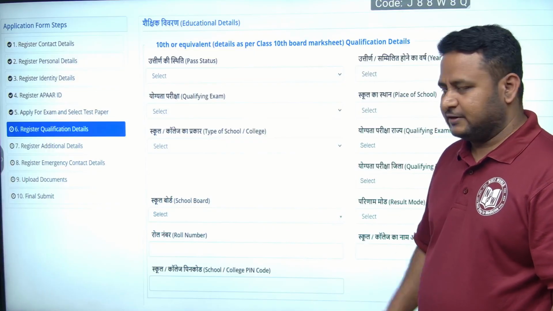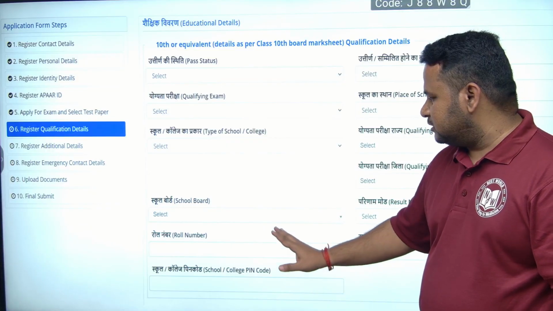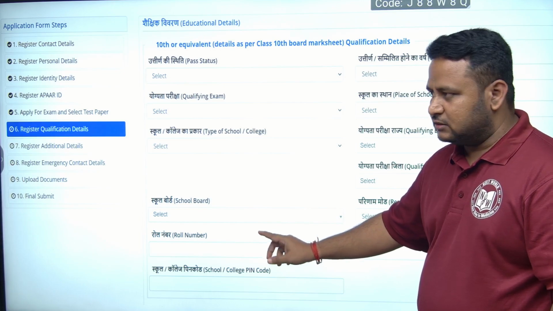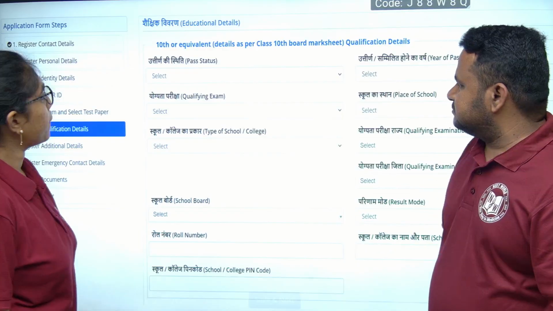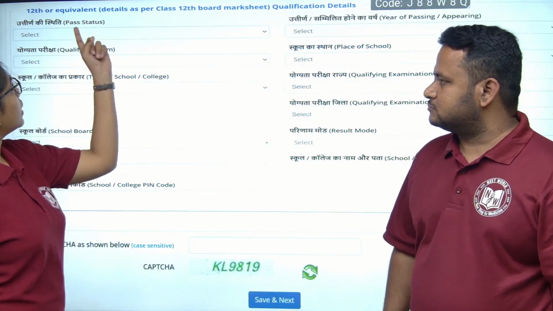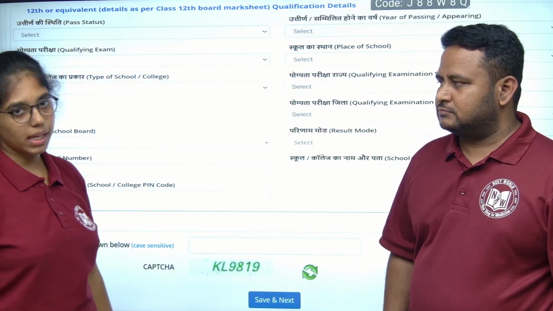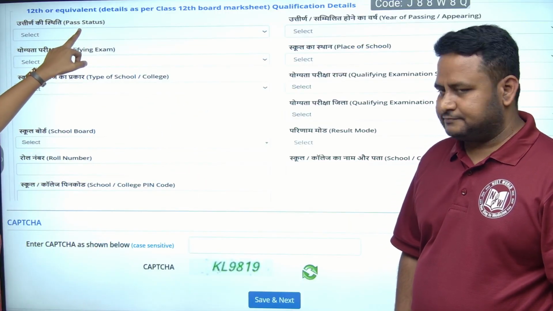Next, roll number. This is highly important. You should make note of it. Okay, that is roll number of your matriculation exam. Next. Here you have to upload the 12th or equivalent pass status, same details, whether passed or failed, year